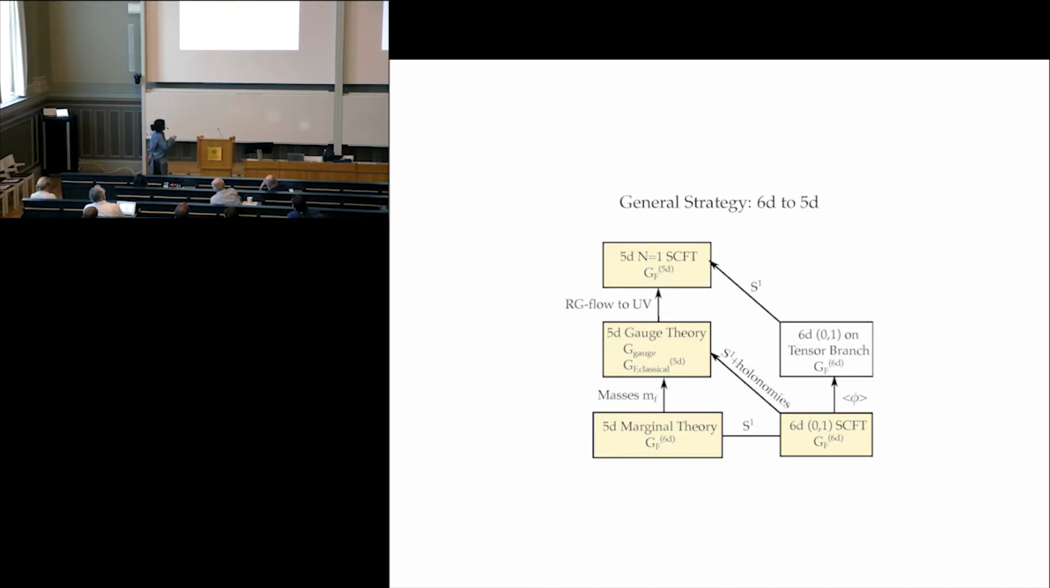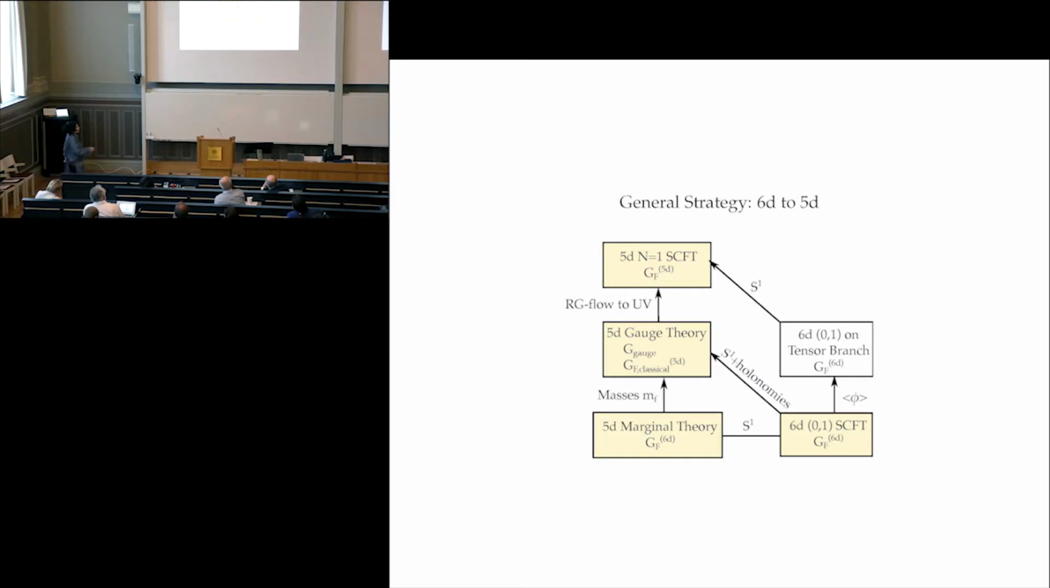There's, say, some 6d SCFT. It has some flavor symmetry. We can put this theory on a circle, that gives the marginal theory. We turn on masses for flavors, and it gives, say, a weakly coupled gauge description in many cases with a gauge group and a classical flavor symmetry,